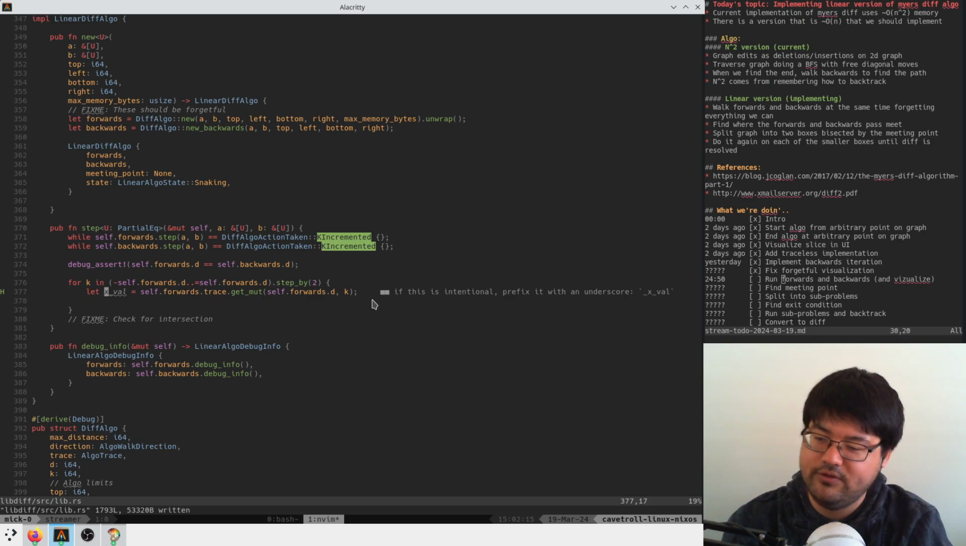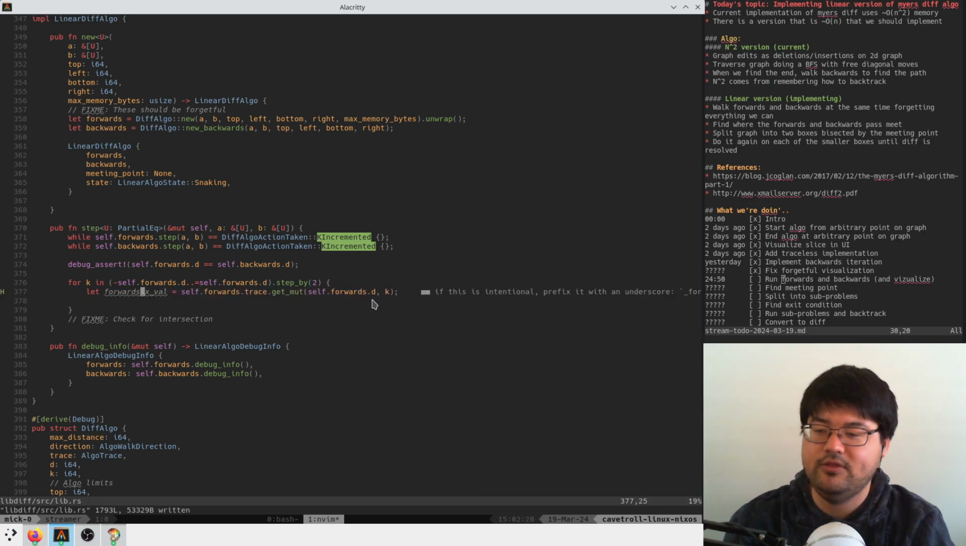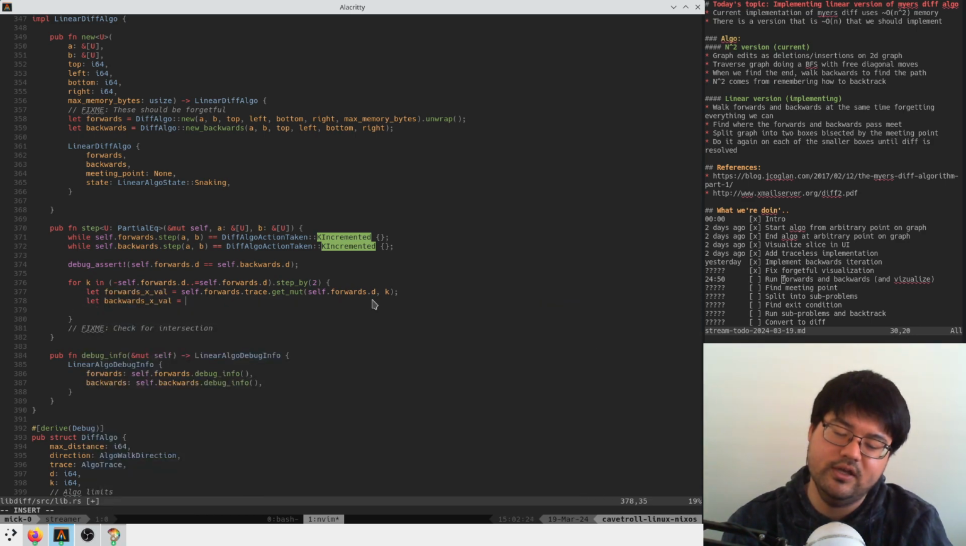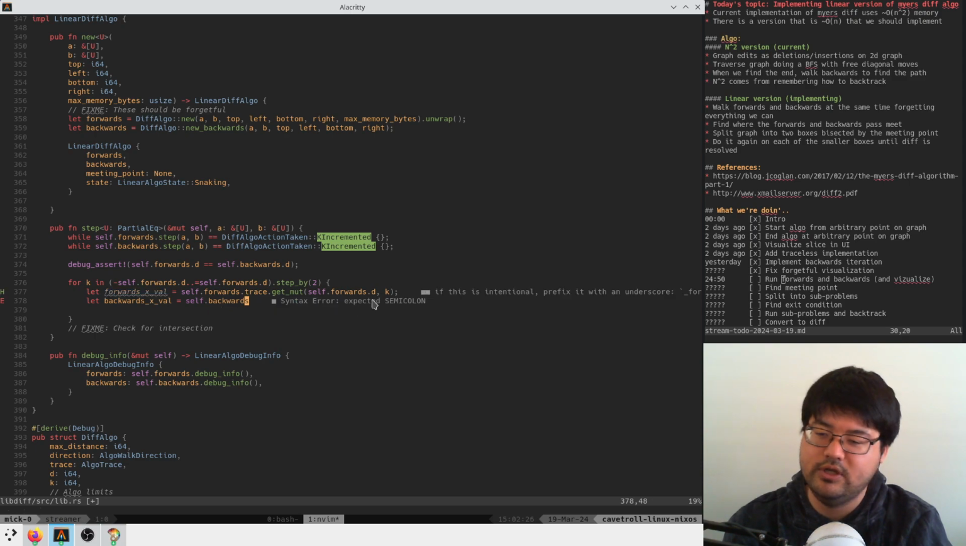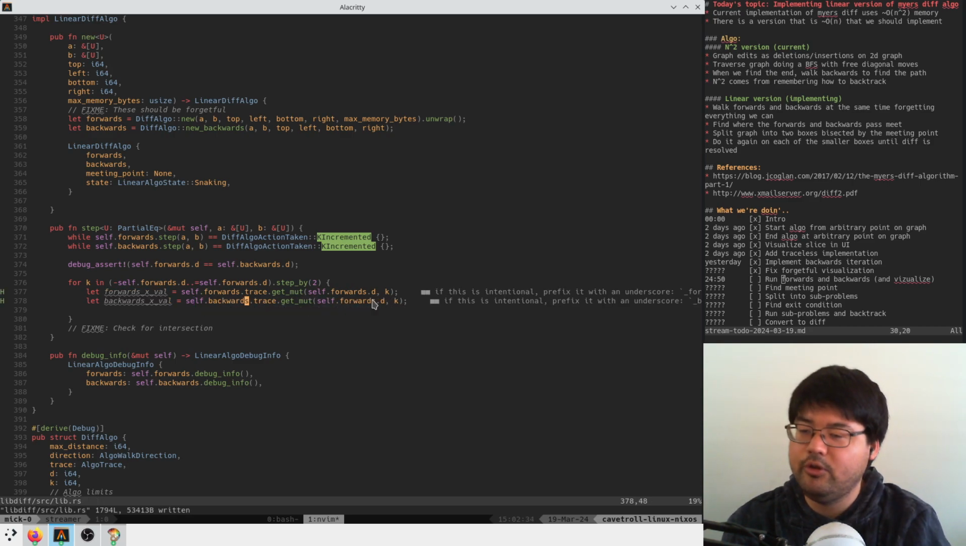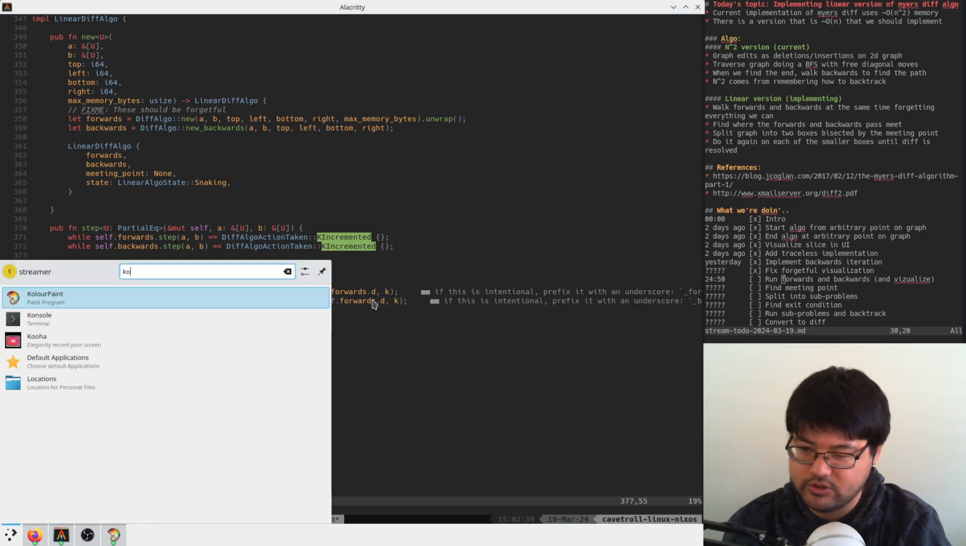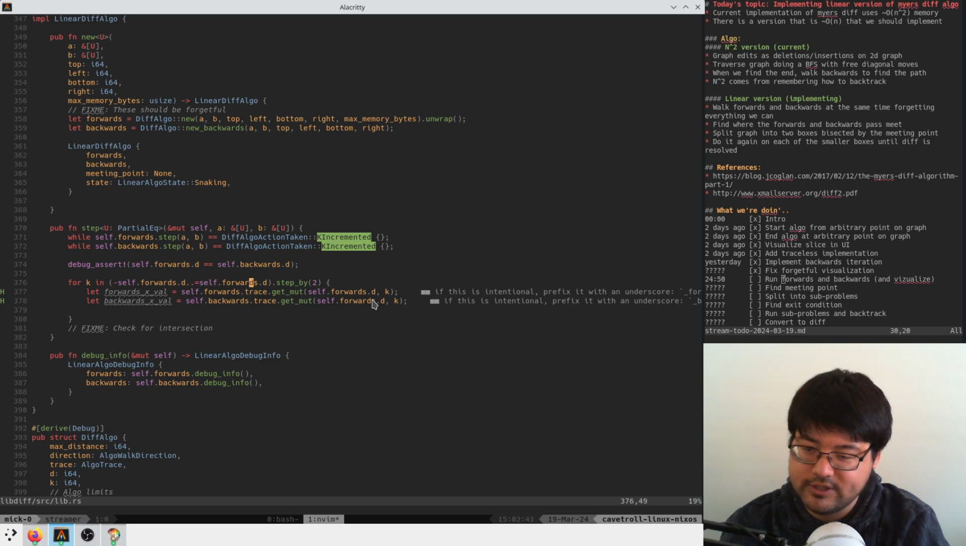And we're going to have to say this is like the forwards x value. And then we're going to look at the backwards x value, which is equal to self dot backwards. It's going to be the same basically. Now, the only problem here is that the backwards k is different. The way that we've structured this problem is when we run our algorithm backwards,